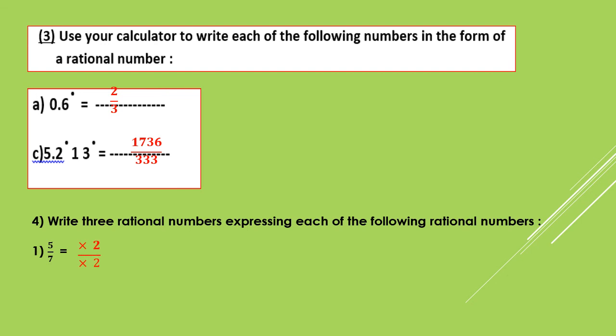For example, multiply up and down by 2, it will be 10 over 14. Or multiply up and down by 3, it will be 15 over 21. Or by 4, it will be 20 over